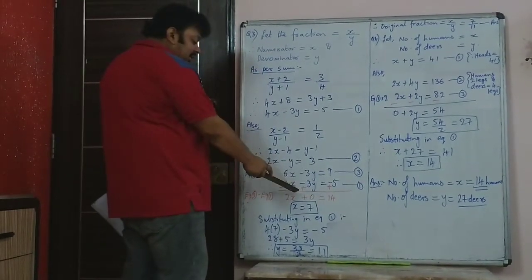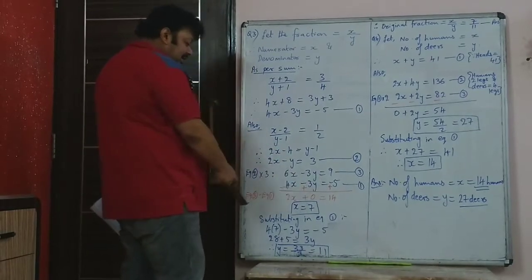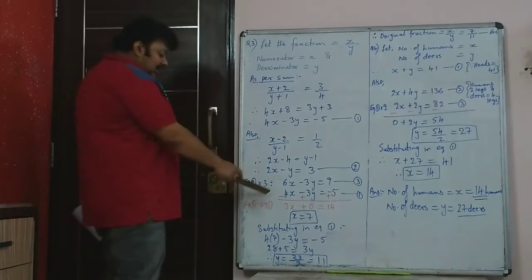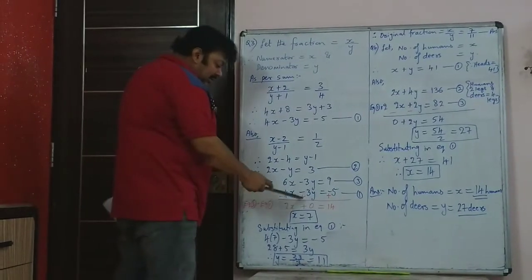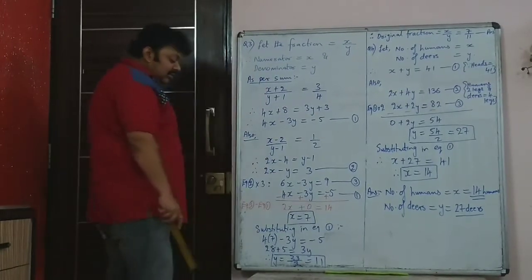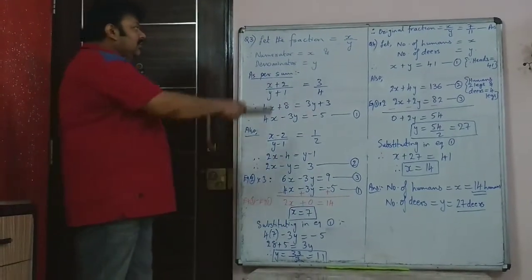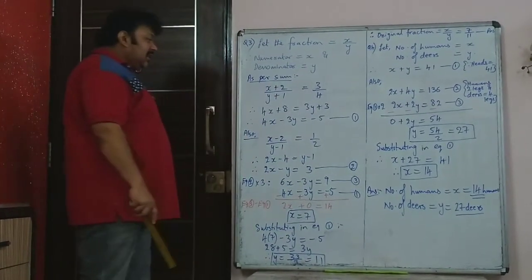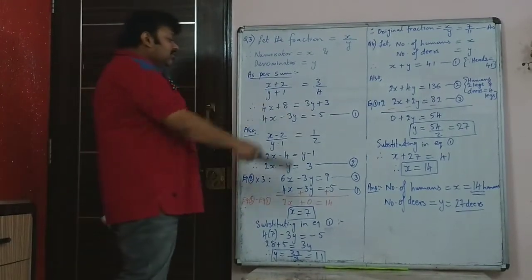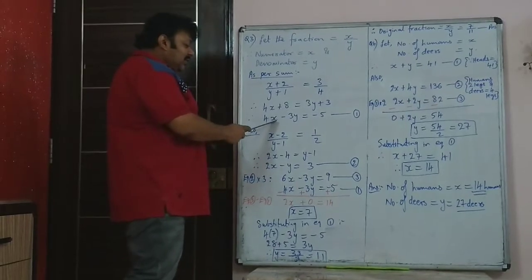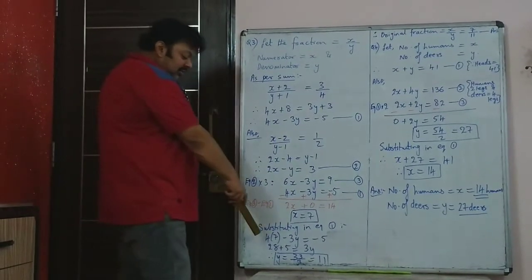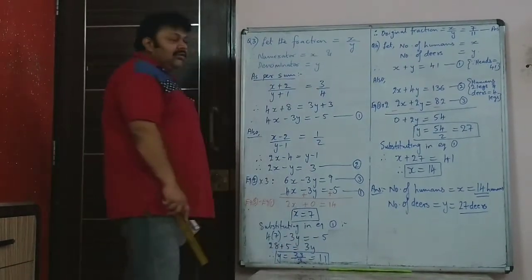Then we eliminate the y by subtracting equation 3 minus equation 1. So it becomes 2x, this is 0, is equal to 14, or x is equal to 7. So the numerator we have got is 7. Now we can substitute that in any equation, let's say equation 1. So it is 4 into 7 minus 3y is minus 5. On solving that, we get y equal to 11.